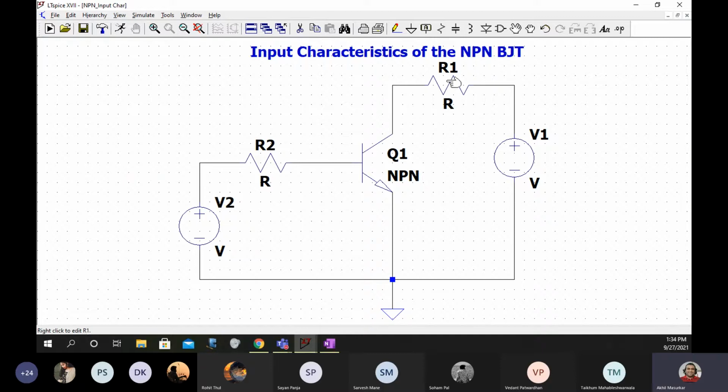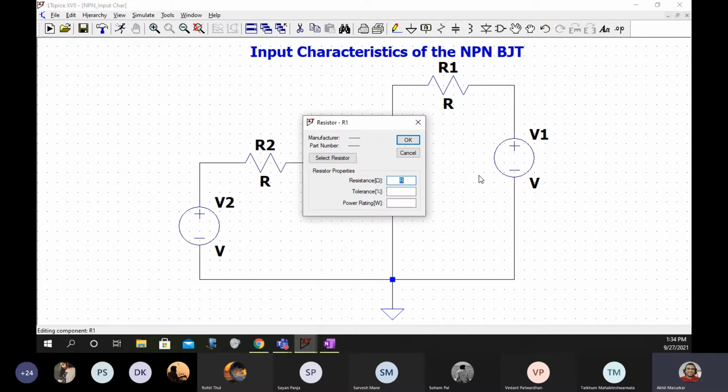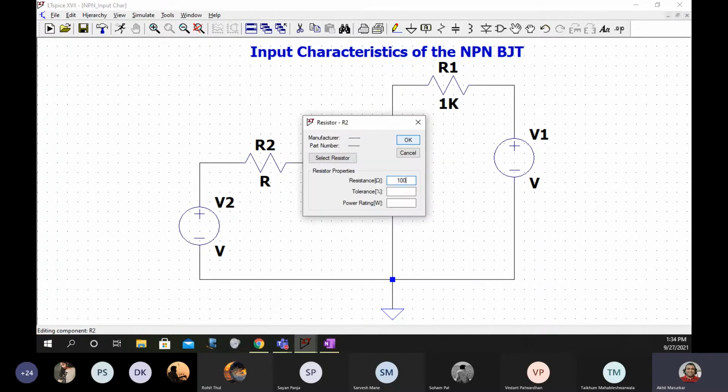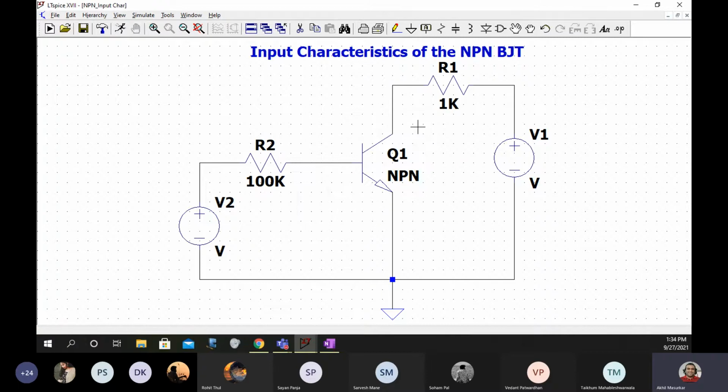Here we can have a 1 kilo ohm resistance, and here a slightly higher resistance because we want a lower base current.